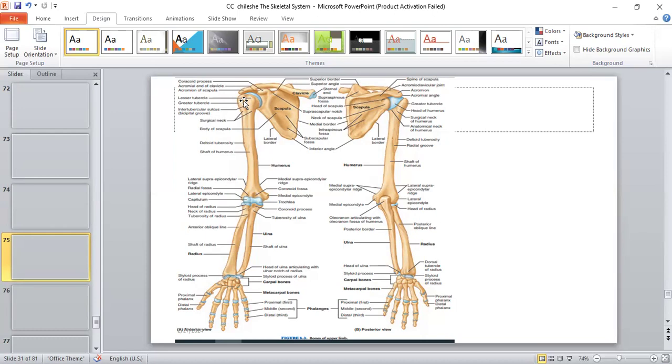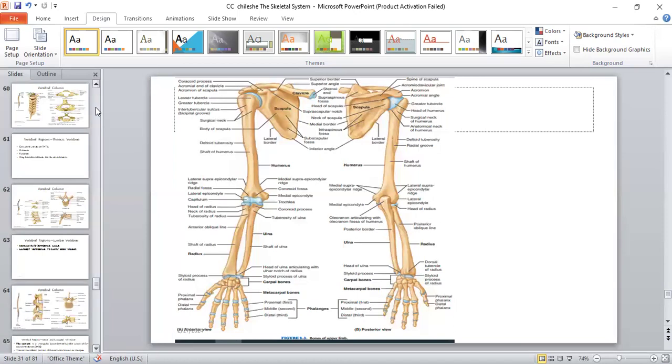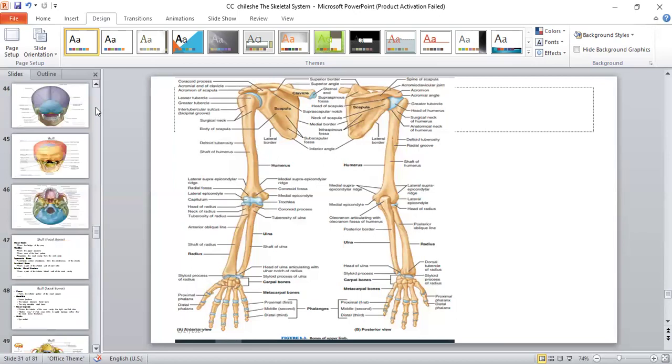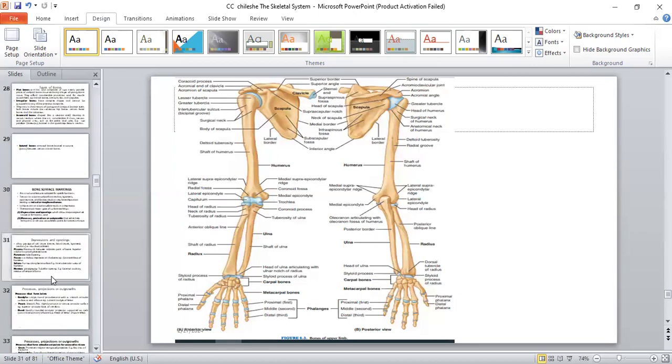The reason is because it is the place where the long head of the biceps lies, okay? The tendon of the long head of the biceps muscle lies in this sulcus, and that is why it is known as a bicipital groove,